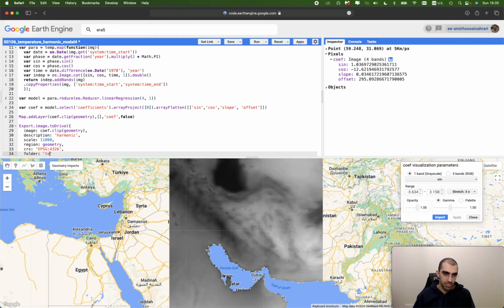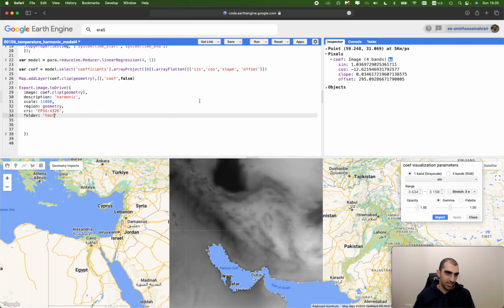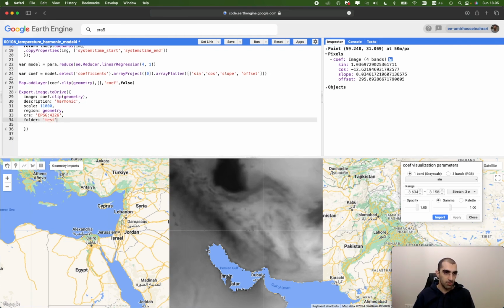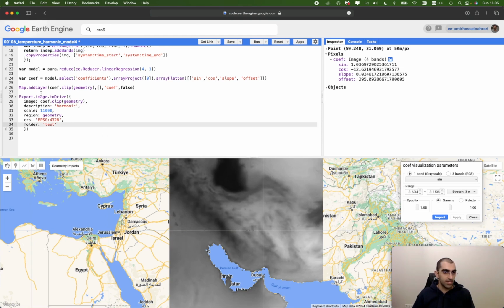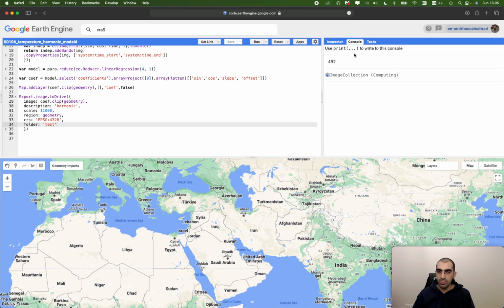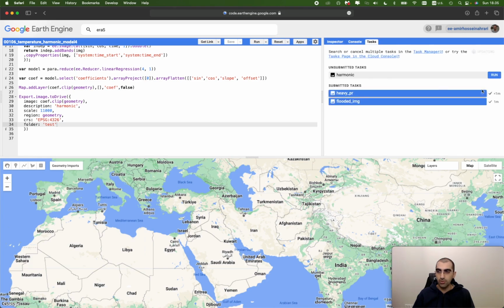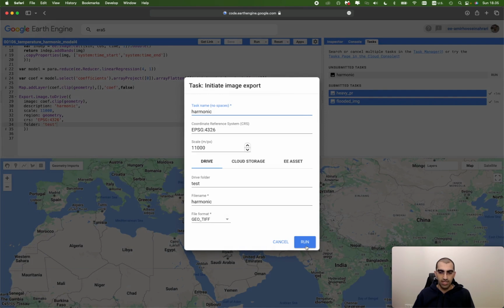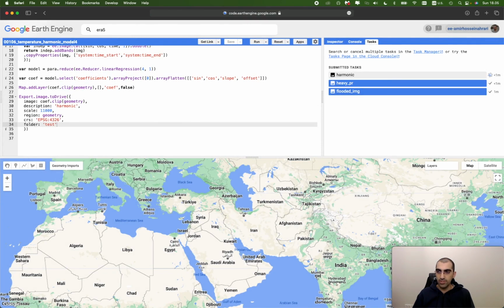save your output in. For example, I made a folder called test, and I want to save the output there. So once the Export.image.toDrive is ready, click on save and click on run to get the output in the task. Switch to the Tasks tab, click on run and again on run and wait to see the result. Once the result is saved in Google Drive, the tab's color turns blue, and then you can go there and pick up your data